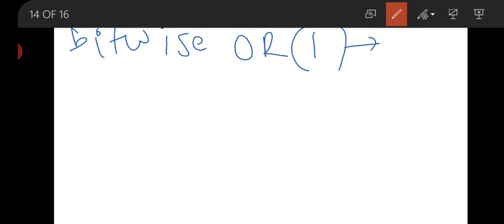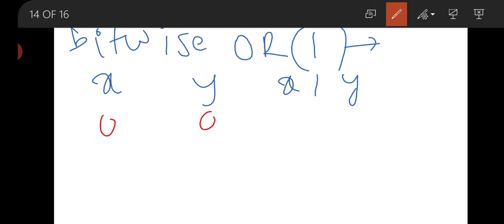In this case, if you take x, y, x or y, and we take the input 0, 0, it will return 0.